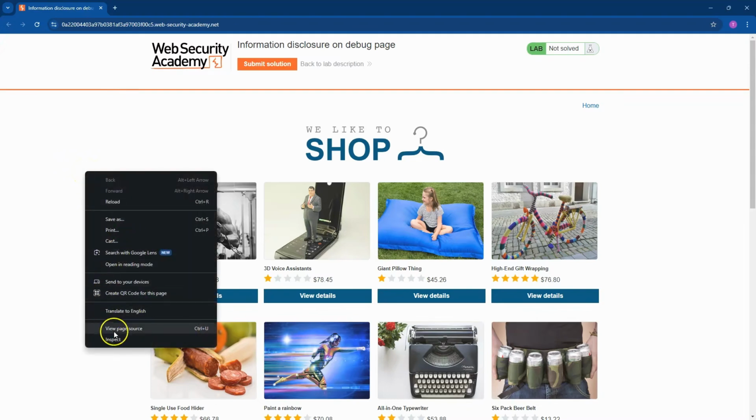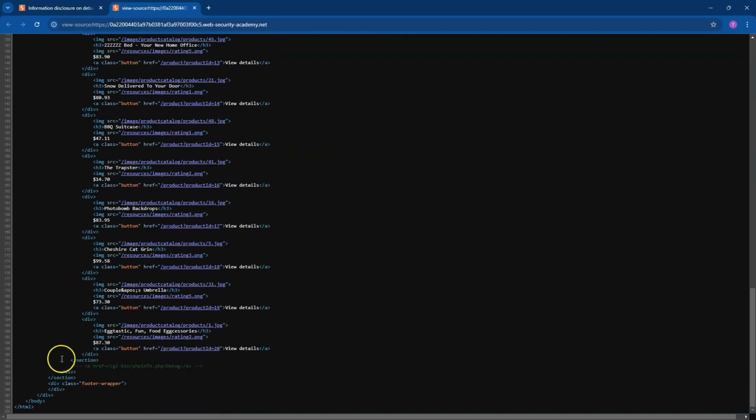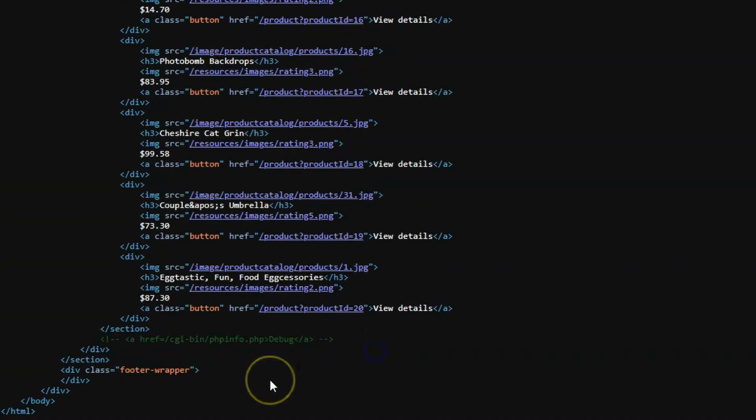But in the case of a fairly short page, we can just head to view page source. And if you scroll to the bottom of the page, we see a HTML comment in green font here. And it appears to be a hyperlink. It's an anchor tag and it's pointing to cgi-bin/phpinfo.php. It then has the text debug, and if you've used PHP before, you'll recognize that this is probably the